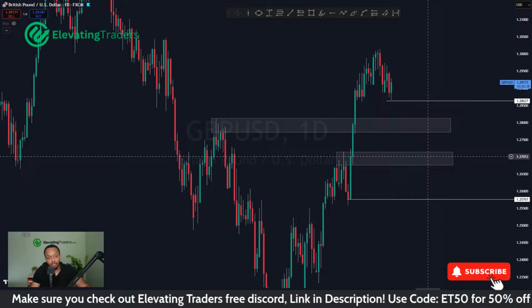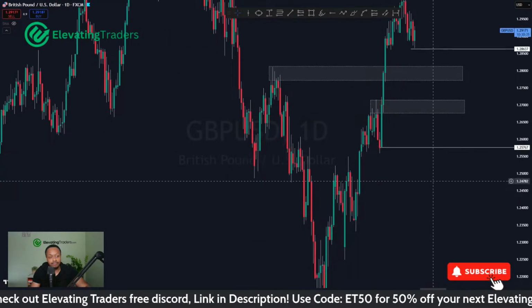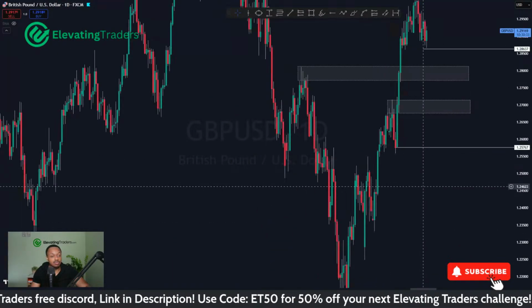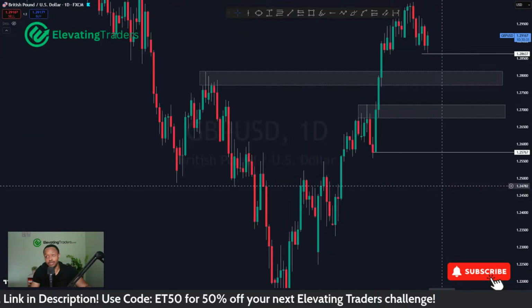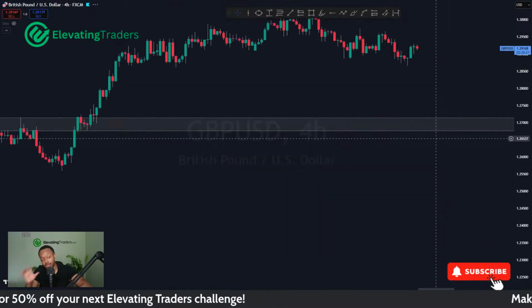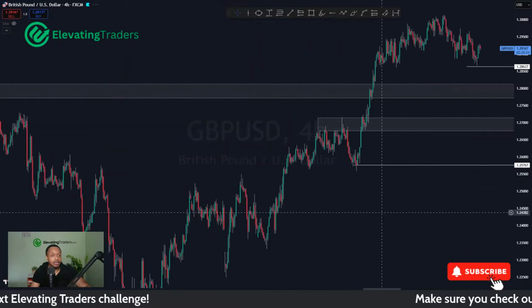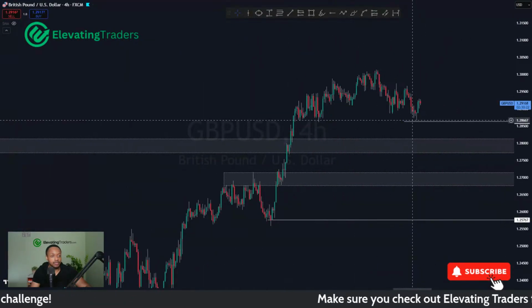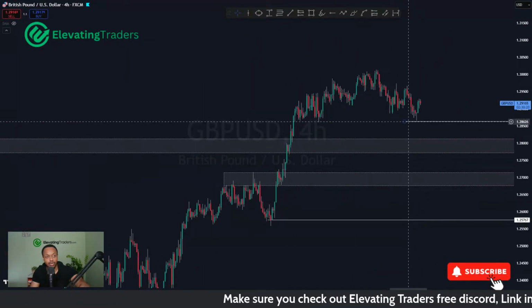But yeah, if that doesn't hold, I'll look around the 1.27 mark, and 1.26 looks like a really nice level of demand as well too. So that could be a nice place to get involved. But yeah, I do think we can get to roughly those areas if that support doesn't hold. So yeah, essentially I would agree.